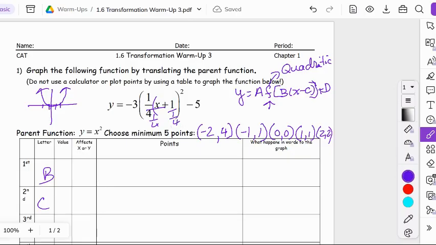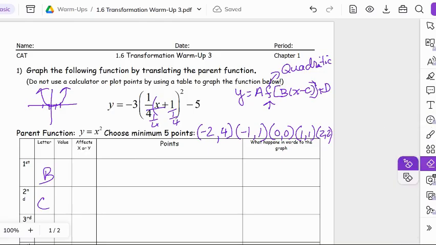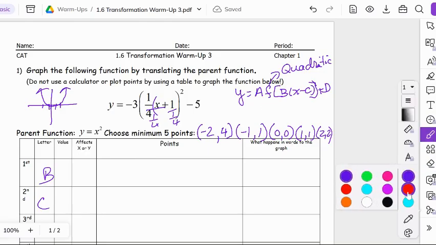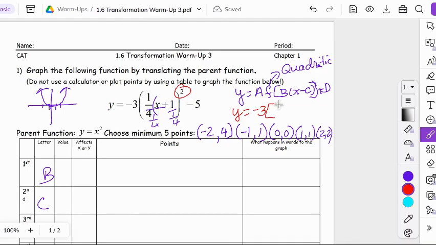So what the transformation format would actually be, if we filled it out right below it, would be y equals, my a is still -3, my f is the quadratic, so I don't need the f anymore, and then bracket, and then the b is still going to be 1/4 parentheses x, because they cancel out and become 1, and then 1 divided by 1/4 is the same thing as 1 times 4/1, so that ends up being